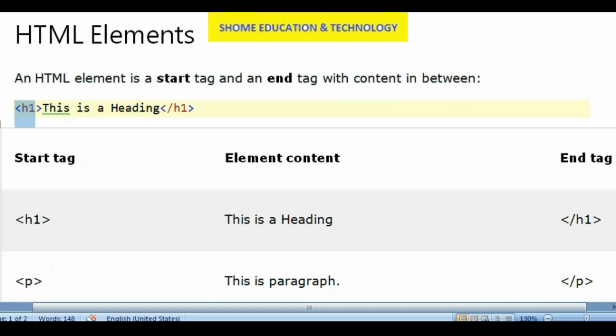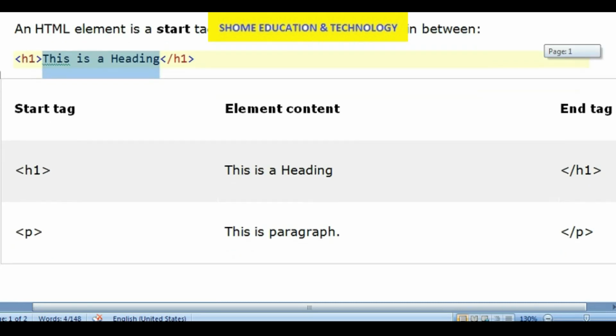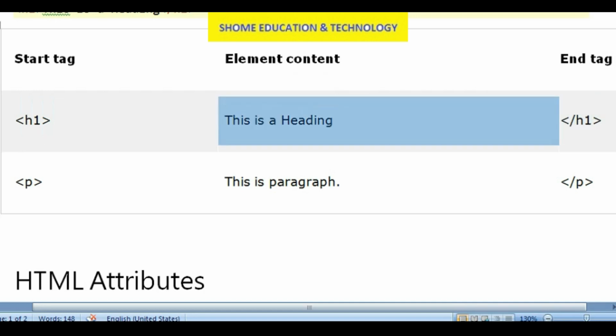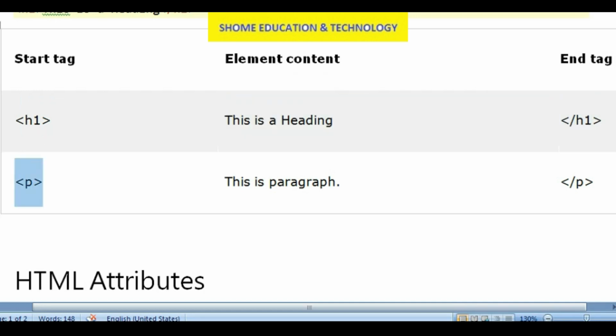There should be a start tag, an end tag, and this is the content. This H1 is a heading tag. This is the end tag, and this is the content. This is a paragraph tag and the end paragraph tag. This is the content.